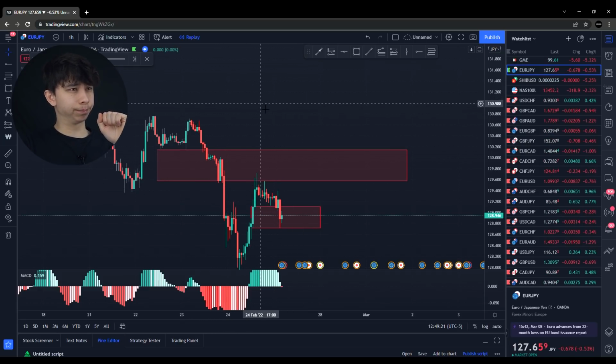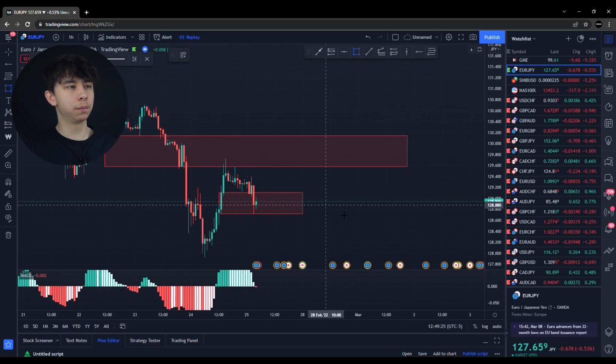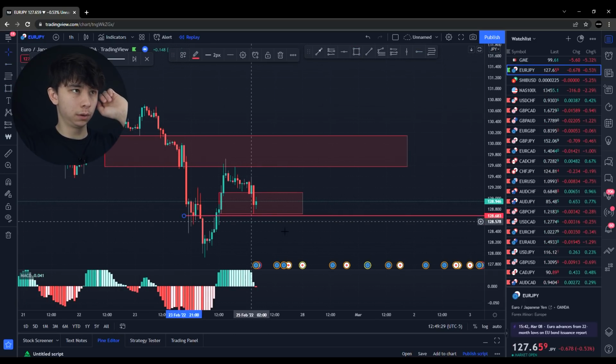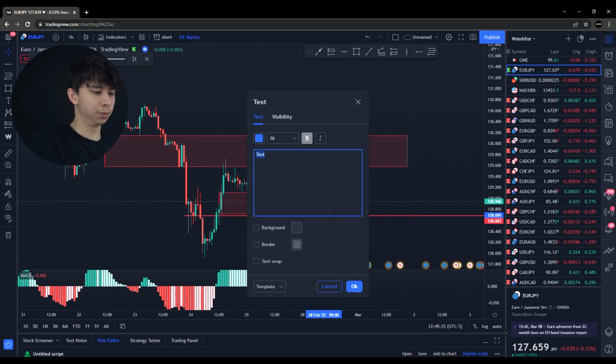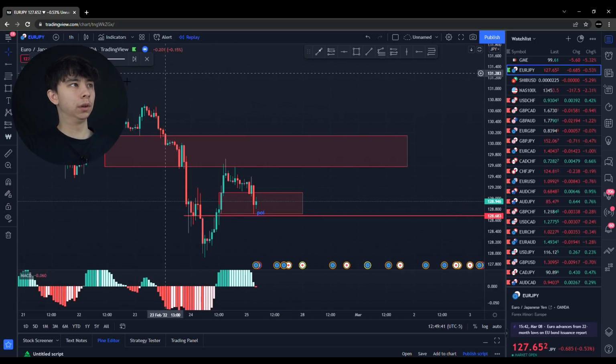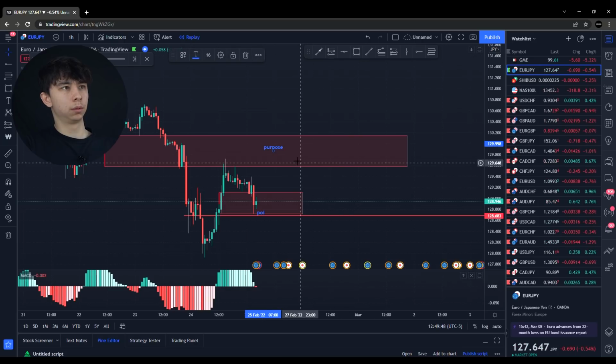Okay, and now we've come down to our point of interest, right? Like we filled in this imbalance. This is now, you know, a nice little resistance going on here. This is our point of interest. We can even mark it if we want. We can put POI, point of interest. Now we're at a point of interest and our purpose is up here. Cool,